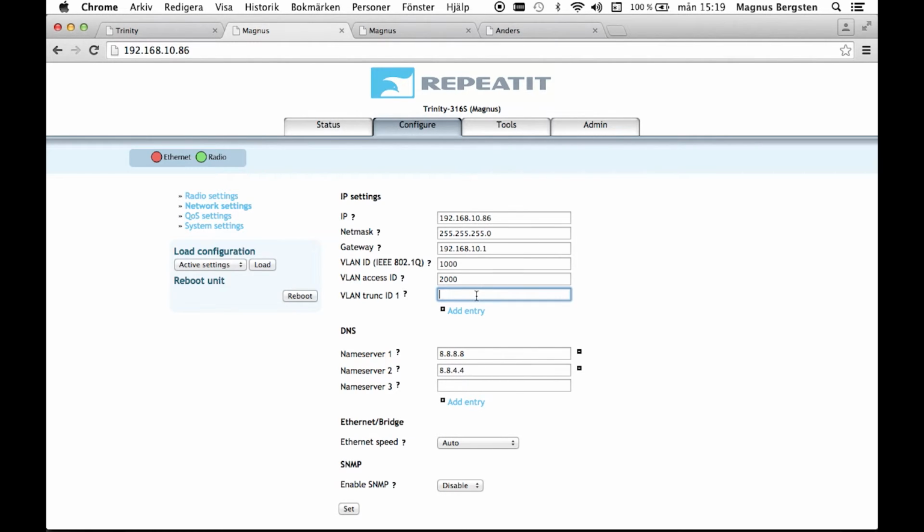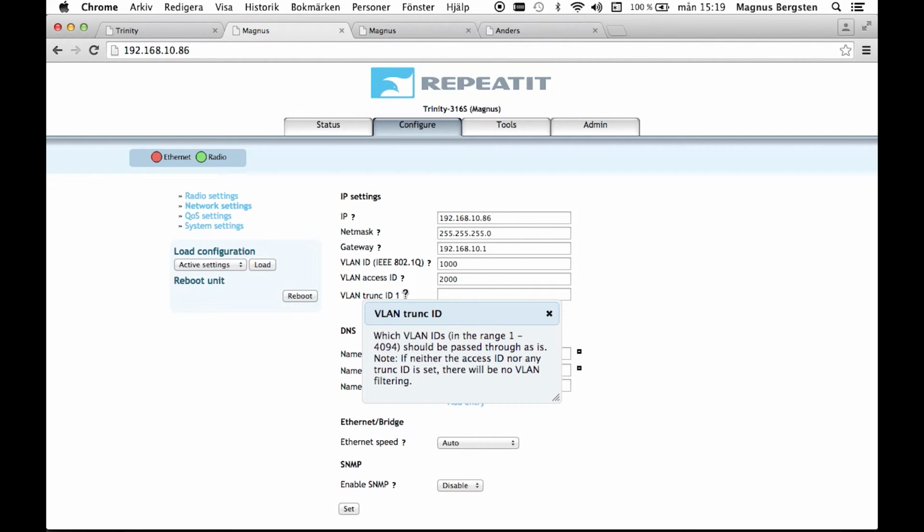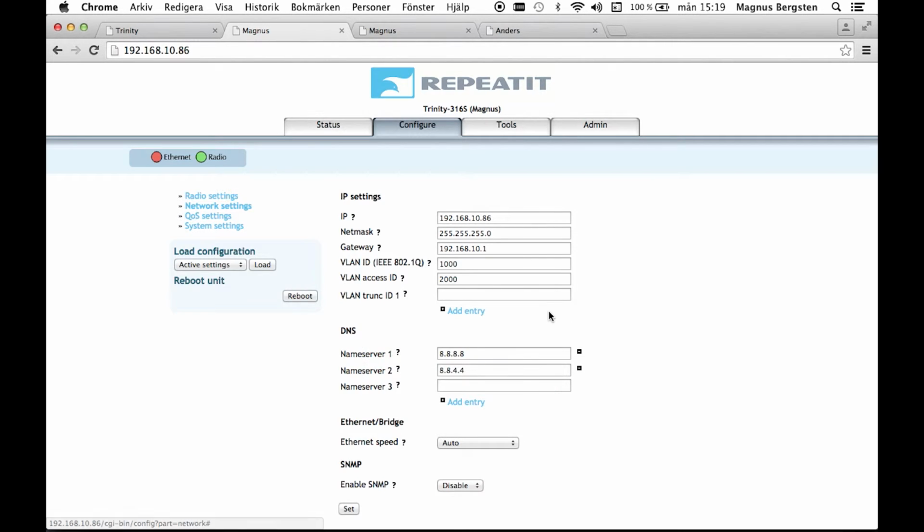You also have a third parameter that is a trunk ID. That is a list of VLANs that should be allowed to pass through the client. If you don't specify any, all VLANs will be valid to pass through it. So this means that you can limit the number of VLANs that a particular client gets, which is very useful when you have